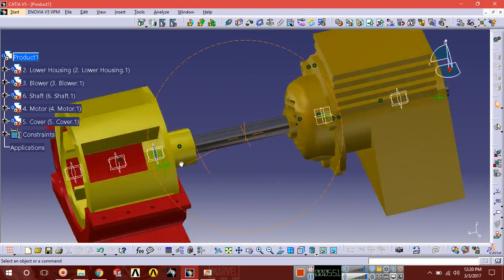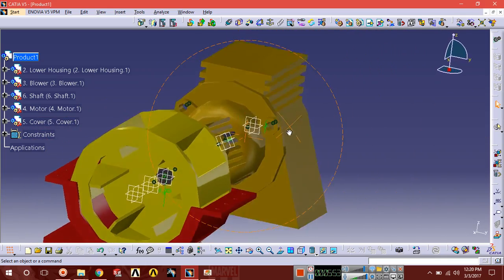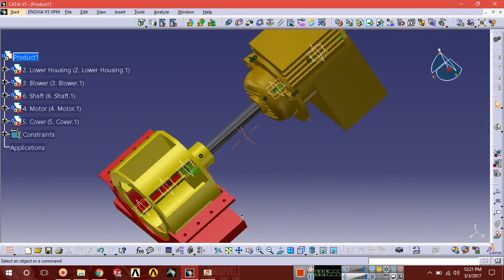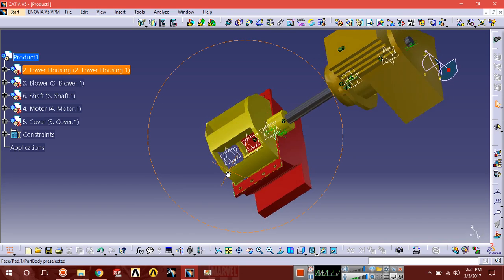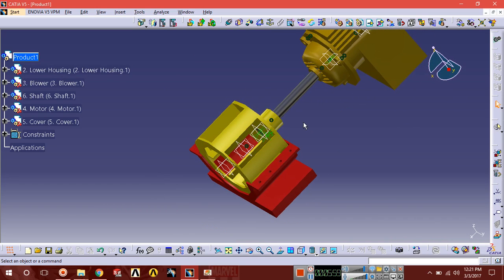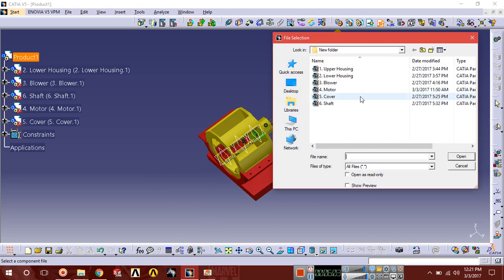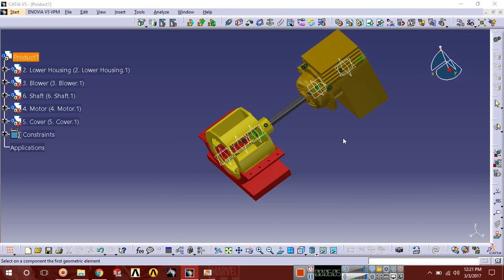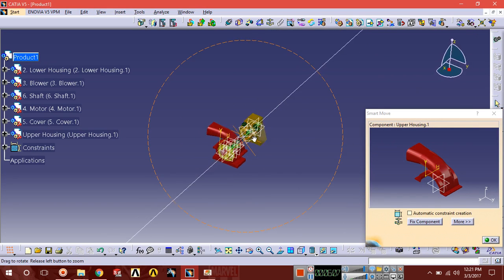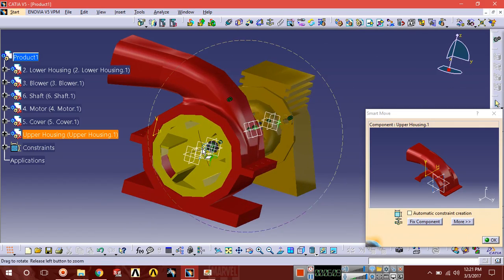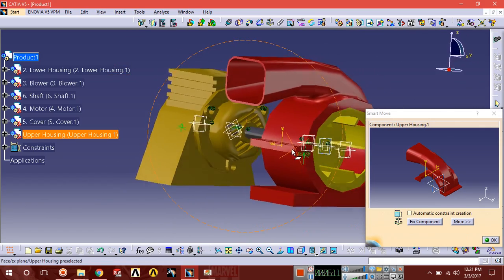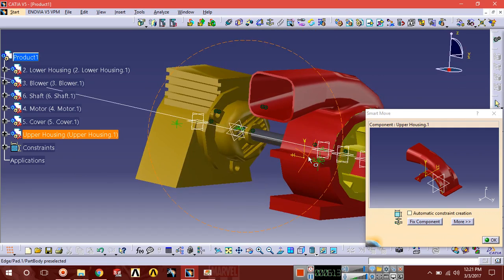Now you can see the motor cover has been inserted. Now I'm gonna insert last part, you can say upper housing. So select product, insert and upper housing. It's already inserted at the proper and correct location.